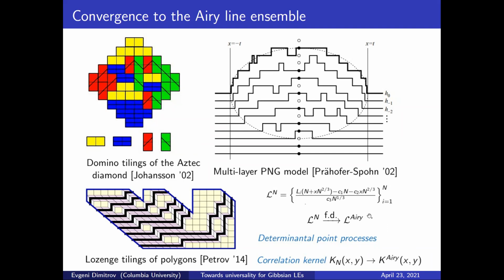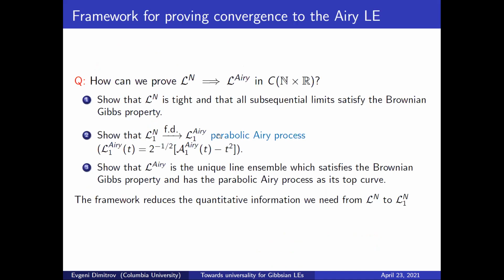Now, most models don't have this determinantal point process structure. So even nice integrable models don't necessarily have it. Yet we're still interested in establishing either this or stronger notions of convergence to the parabolic Airy line ensemble. And so the methods that were used in these types of models become inapplicable. So in order to overcome this issue, I have been trying to come up with a framework that can be used, at least for some class of models, to show convergence to the parabolic Airy line ensemble.